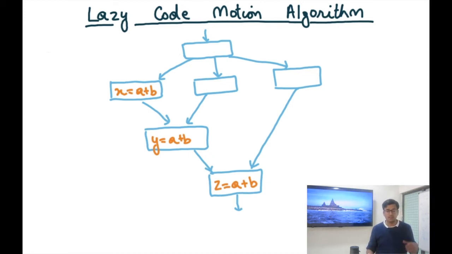So needed: an expression a plus b is needed at a program point if it is needed on all the outgoing paths. Notice where all it is needed. I'm just going to focus on one particular expression here, a plus b. Our DFA is actually designed for a set of expressions to be done in one go, but just for explanation, I'm going to look at one expression. So the set is going to be either a singleton set or a null set. If it is a singleton set, it means that it is needed there, and so I'm going to mark it with the needed annotation.